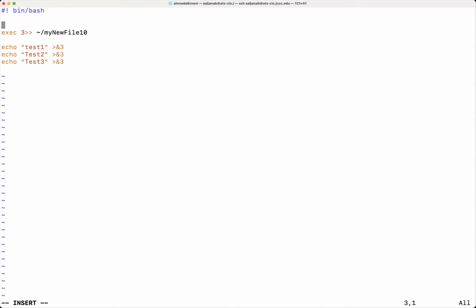Let's see here. So we got the execute here. We're redirecting this. I just want to double check on one thing because I don't think I mentioned this.